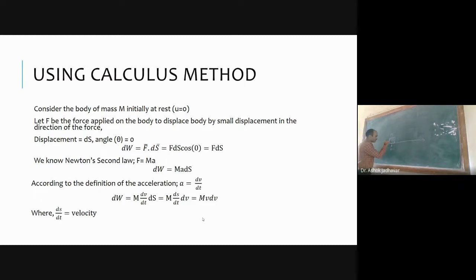We can apply some force on this body. If I apply some force on the body and this body is displaced by a very small distance, let us consider this body just shifts its position from point A to point B, and the distance between A and B is very small, and that very small distance is ds. Did you get it, what we have discussed here?